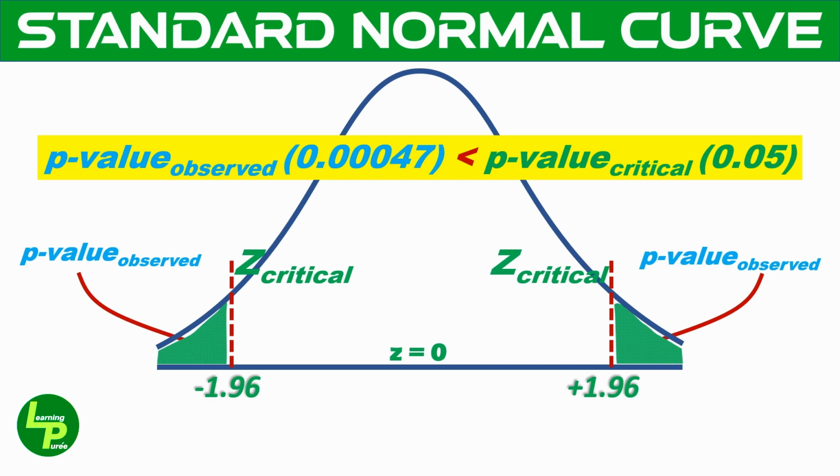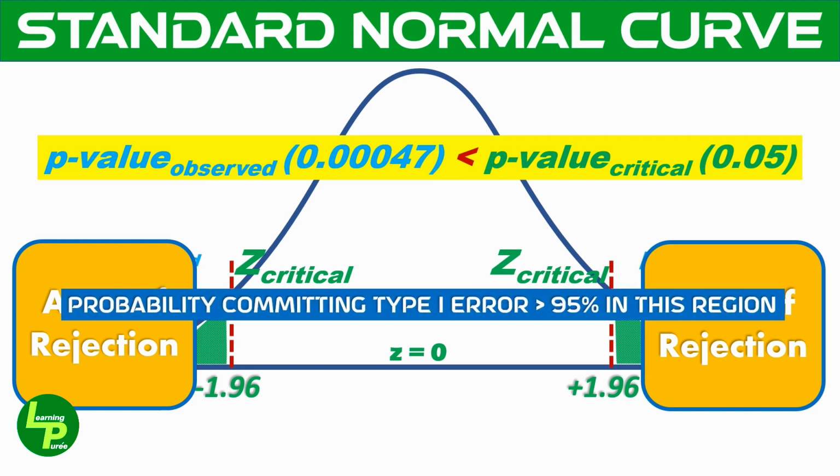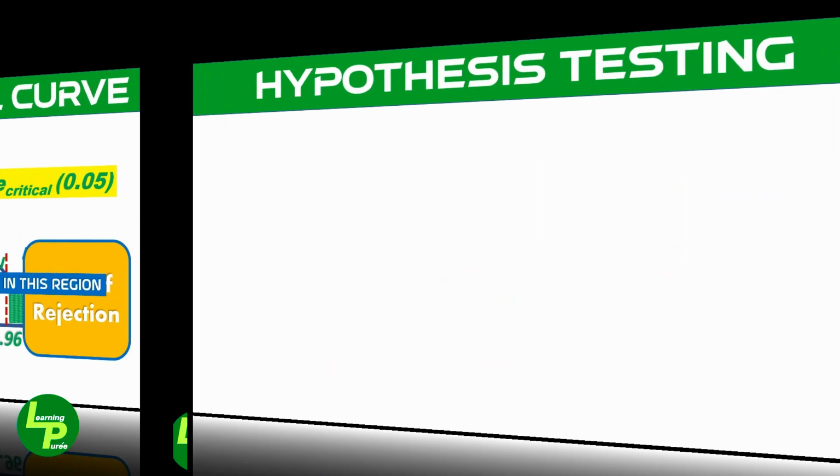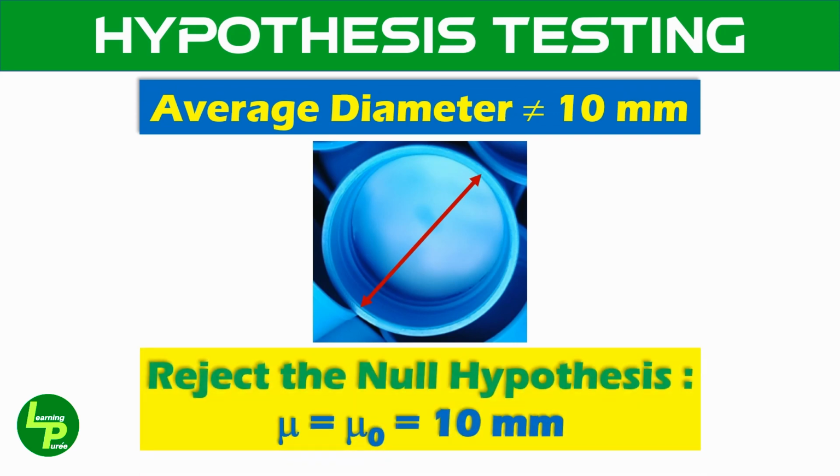Note that the observed p-value corresponding to the Z calculated value lies further beyond the benchmark in the shaded region. The area or region under the curve beyond the critical p-value of 0.025 on either side of the population mean defines the area of rejection. Any calculated p-values that lie in this region will be subject to rejection. In other words, it again means that the probability of committing a type 1 error will be more than the acceptable 95%. Therefore, whether we use the critical value approach or the p-value approach, the outcome is that we will reject